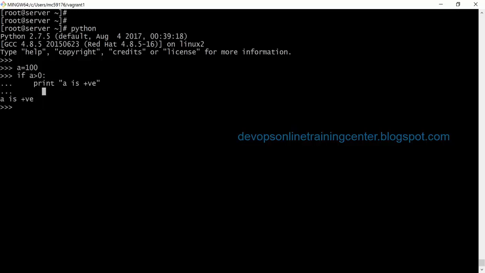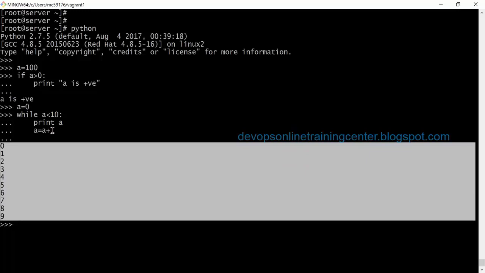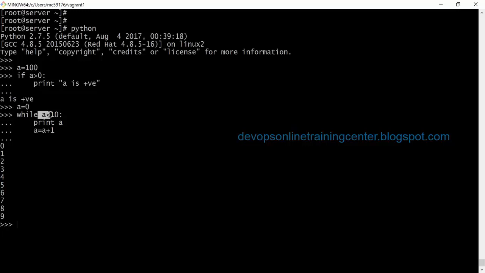So let us say I'll give A is equal to 0, while A is less than 10, print A, A is equal to A plus 1. What happens? This will print 0 to 9. So the value of A is initialized to 0 first, then while A is less than 10.